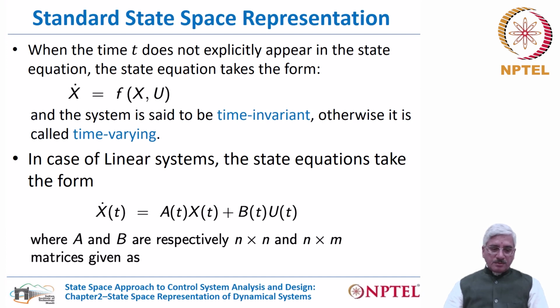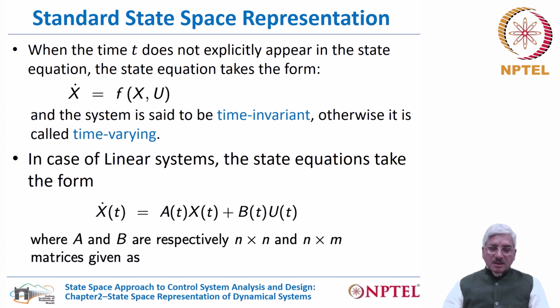Please note that the time derivative of the state vector, or the time derivative of each state, is a linear combination of the states through A and a linear combination of inputs through B. Together, the derivative of each of the states is a linear combination of the states and the inputs. So in case of linear systems, it becomes a linear combination,